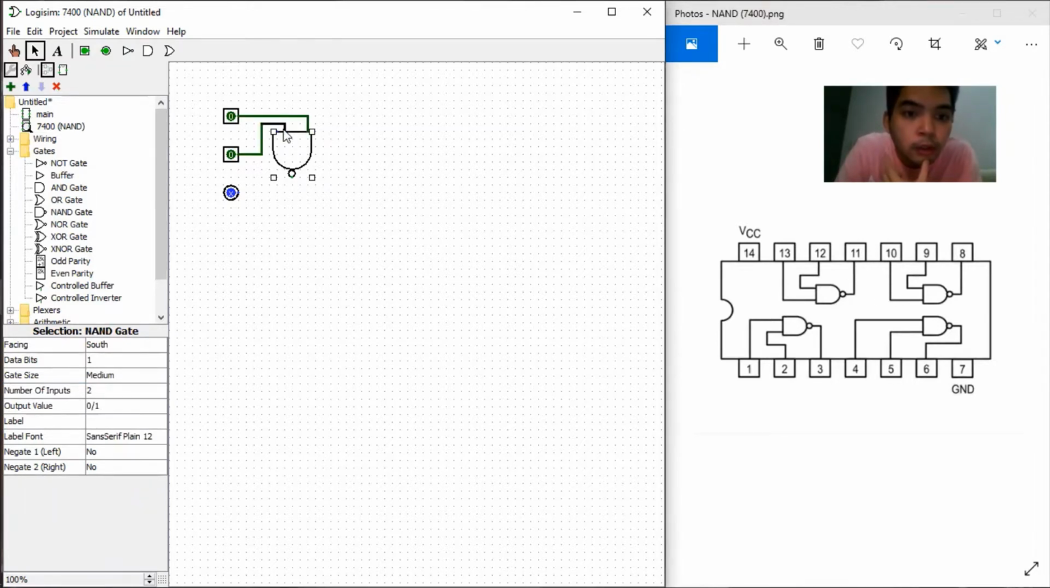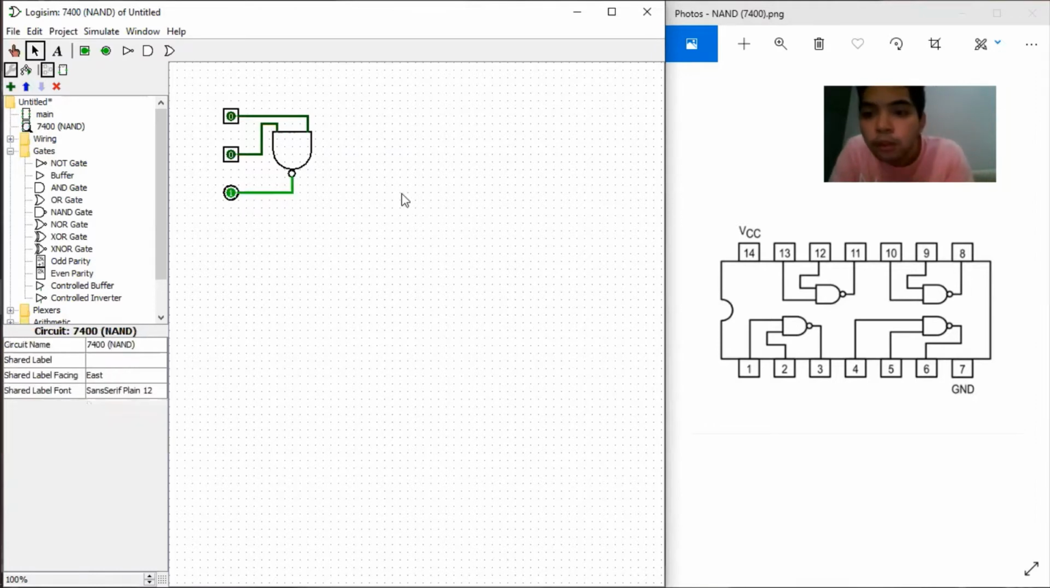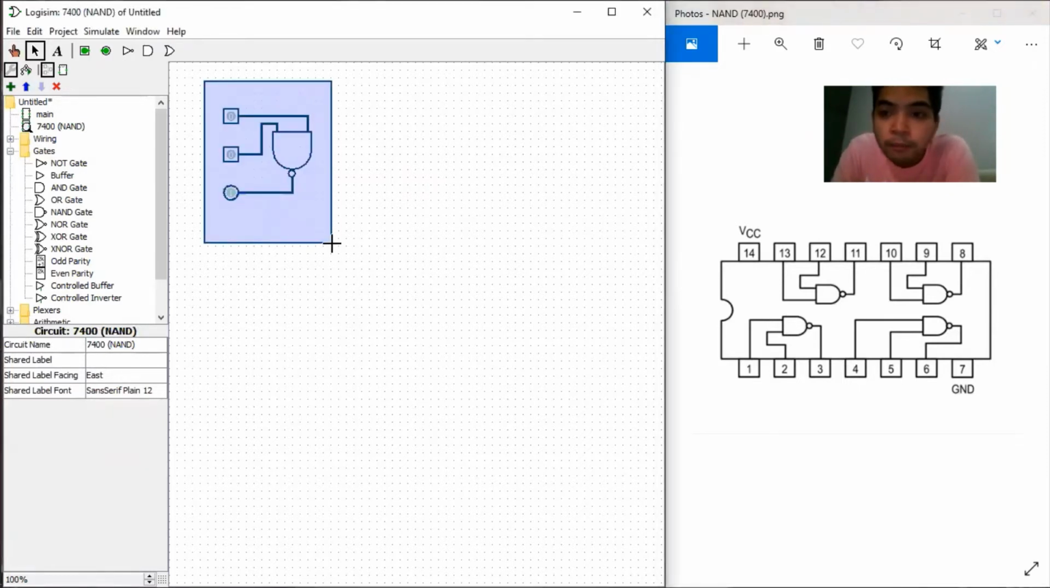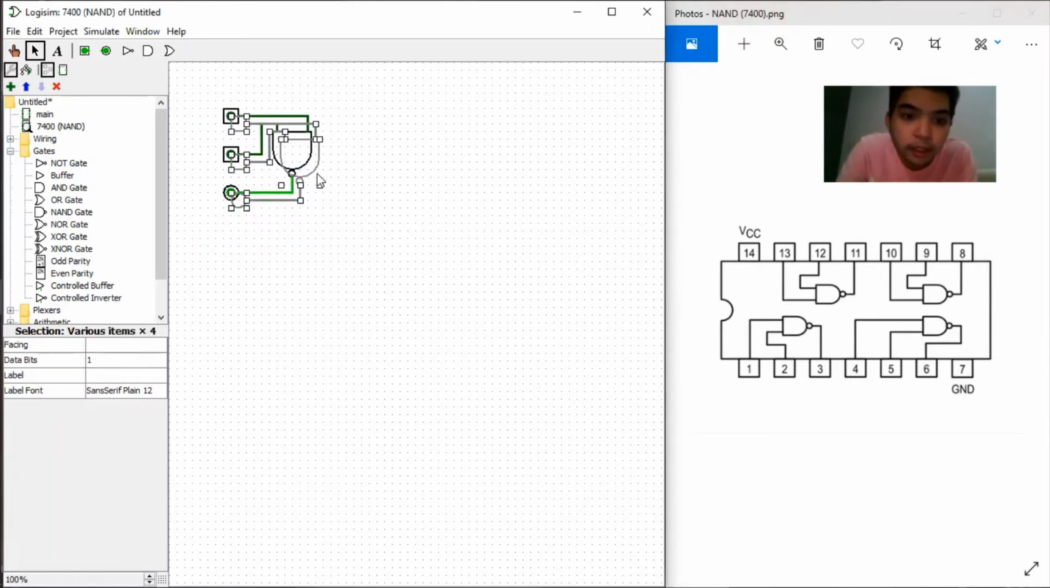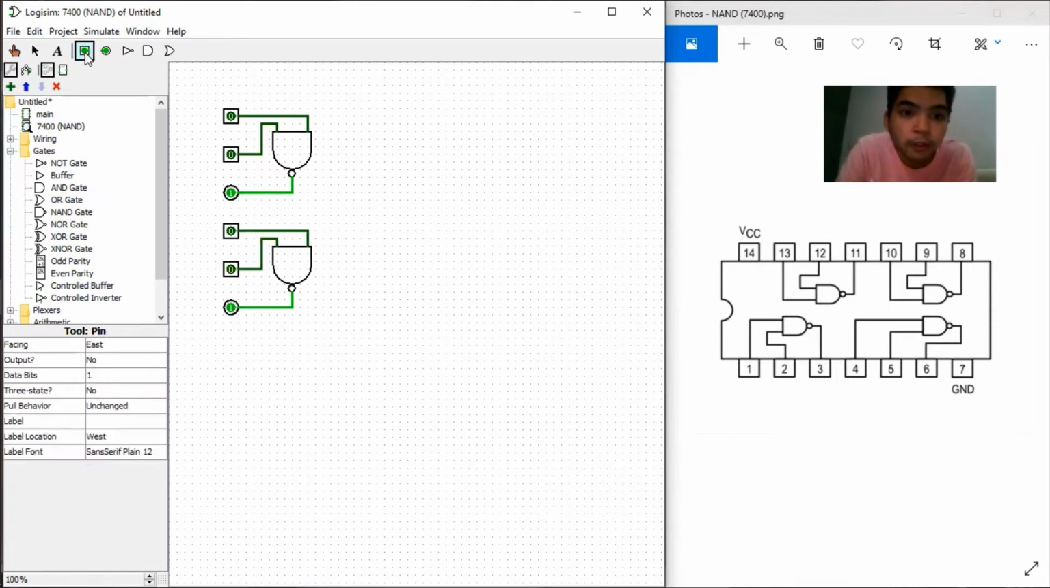And then the output. So as you can see in this schematic, a single IC board has four NAND gates. So we need four NAND gates. Now, then for the other side,